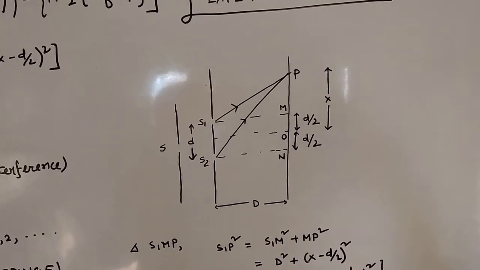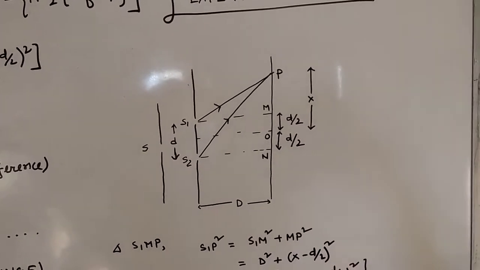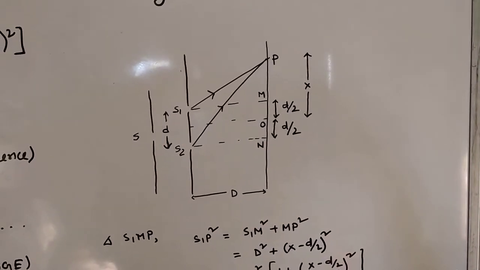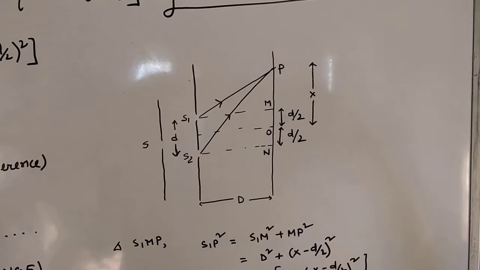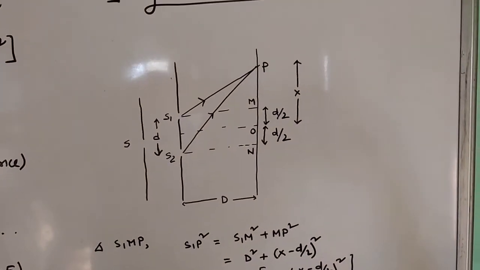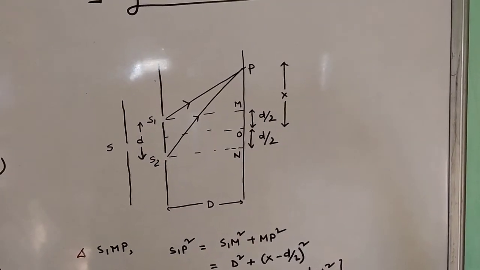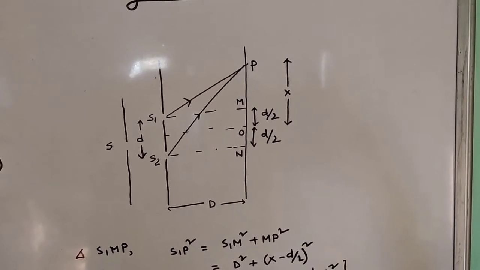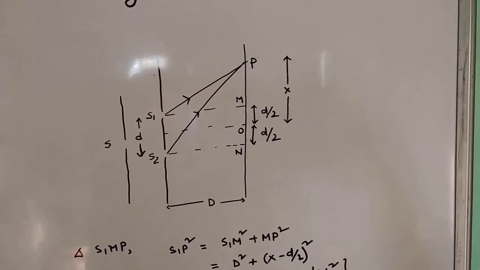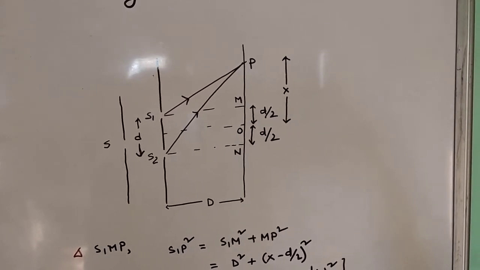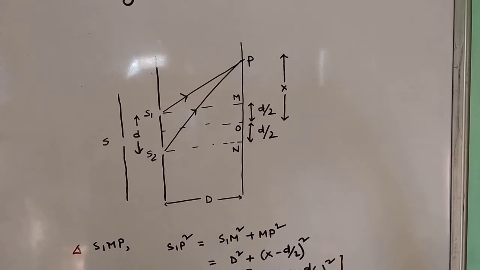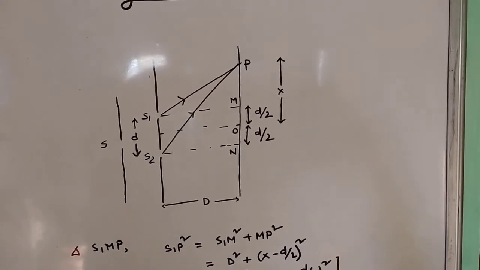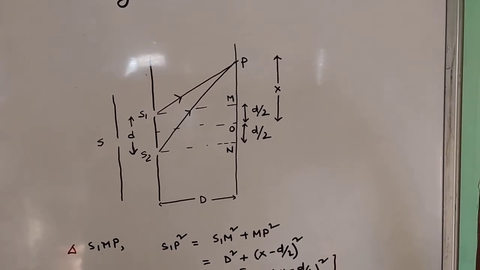It comes from a single source S. Now P is a point where the rays from S1 and S2 interfere and gives us the interference fringes. P is a point on the screen which is at a distance capital D from the slit, and O is the midpoint, and the slits S1 and S2 have a separation small d. So M to O is your distance d by 2 and O to N is your distance d by 2. P is a point where you are going to get the interference fringes, and it is at a distance x